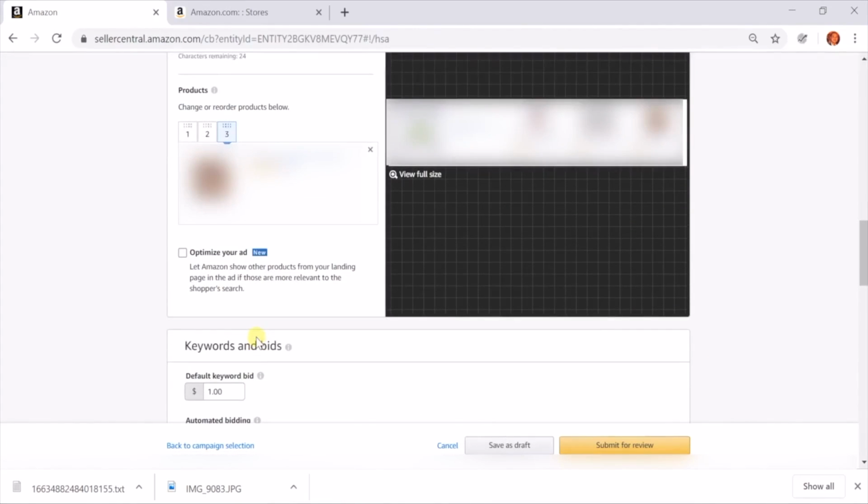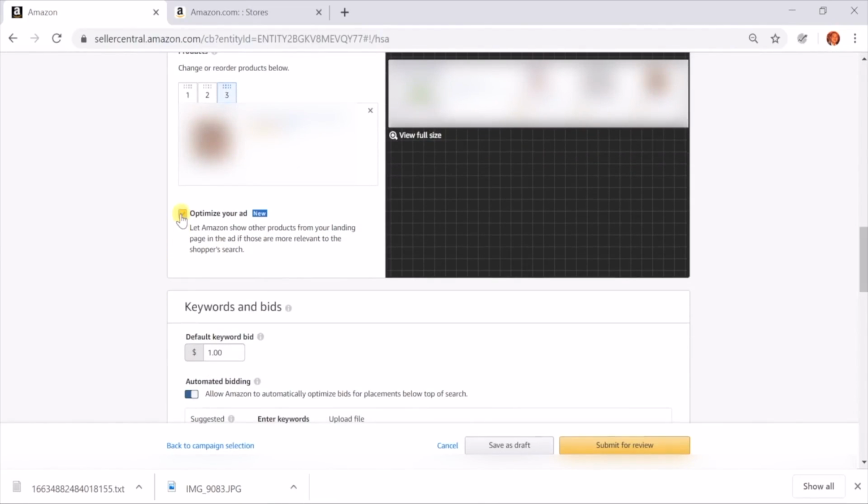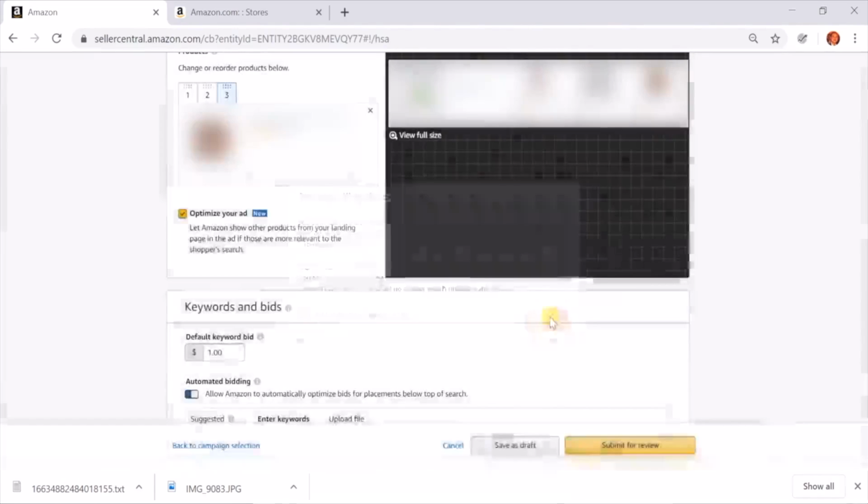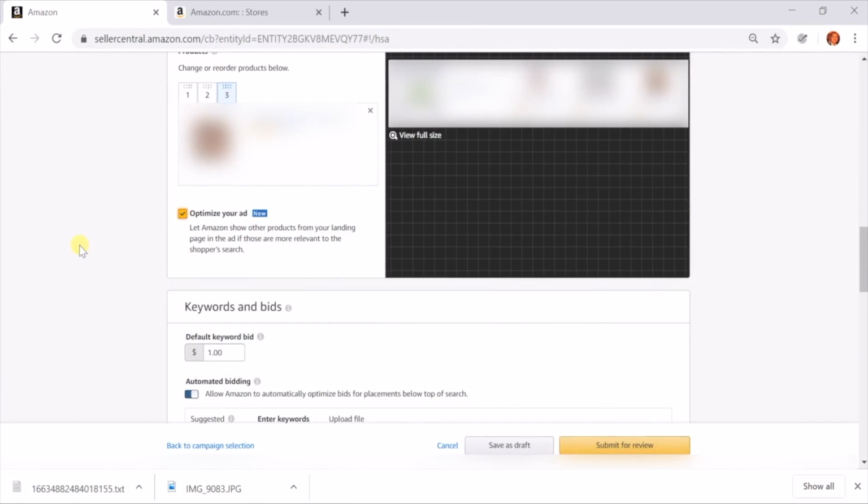Once you've chosen your products, you can see this option here. This is new. This is an option to optimize your ad, which is to let Amazon show the other products from your landing page. So for example, if you chose a page from your storefront and it has other products on it that aren't on this headline search ad, Amazon will, if you click this on here, show other products from that page if it thinks that the customer is more willing or more apt